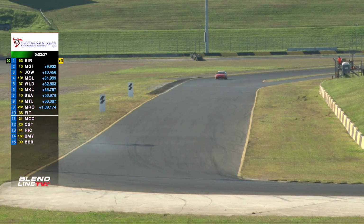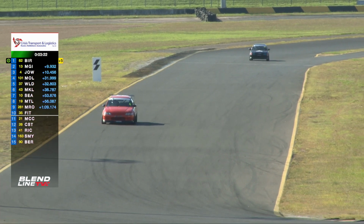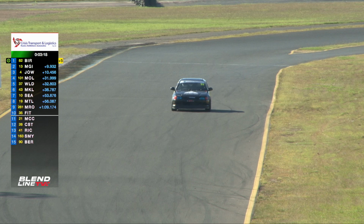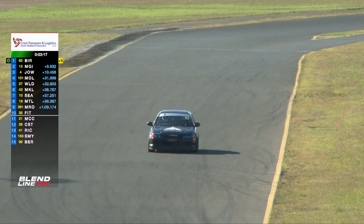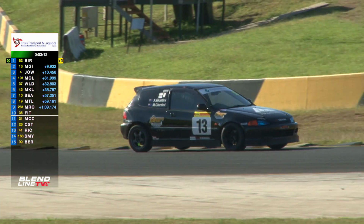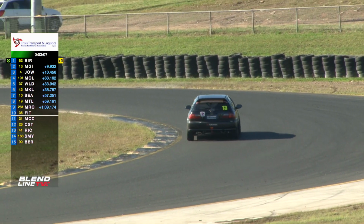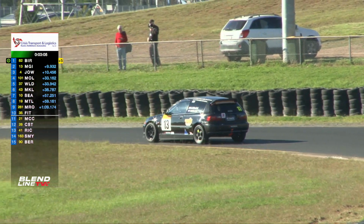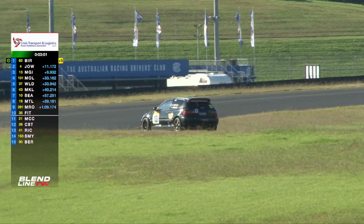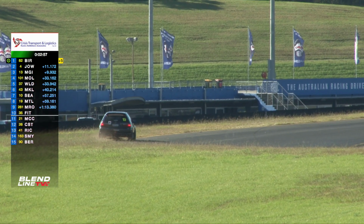He pinched a brake going into turn 2. And problems for GT. So this will well and truly secure Jowett the round victory. And it might mean Aaron G&T won't get to run later in the day. Could be a possibility of another gearbox issue for that car. Oh, that'd be like 2 in 1 weekend. Would be a bit much, wouldn't it? Well, you wouldn't go home and fix it now. You'd go home and put it away for a...